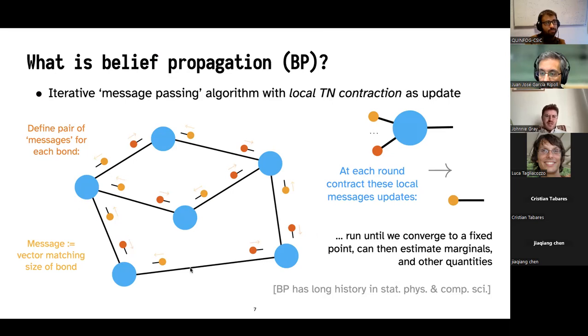So given some tensor network like we have here, just with a single tensor per these blue dots connected by the bonds, we define a pair of messages for each bond. So at this tensor here, we'd have one message coming from this tensor and one message coming from this. And these messages are really just vectors of the same size as the bond. So, you could take this tensor out and you could contract it with all of its neighboring messages to get